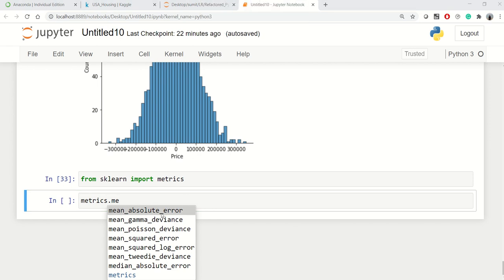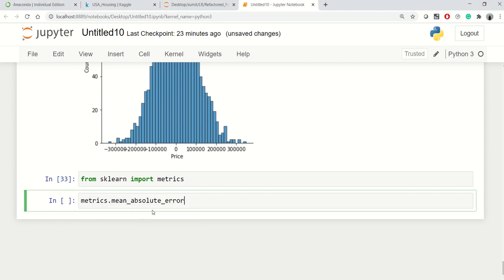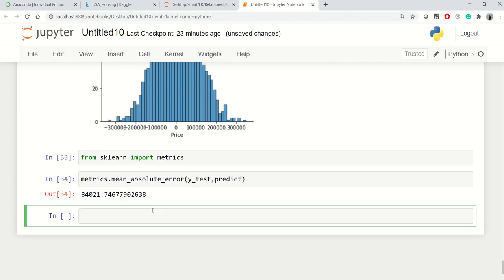Mean absolute error, mean squared error and root mean squared error, this is what we are interested in. So I'll first say mean absolute error for our y_test and prediction. So this is our mean absolute error.